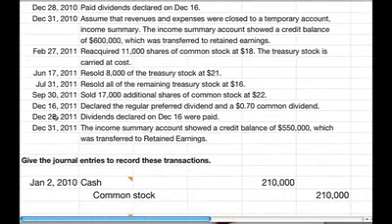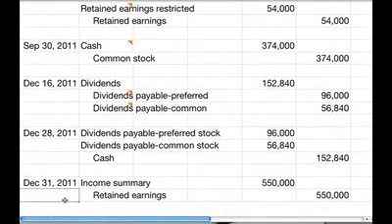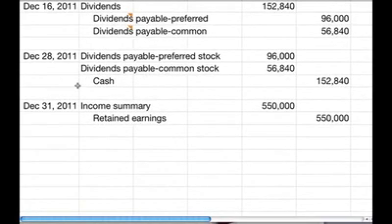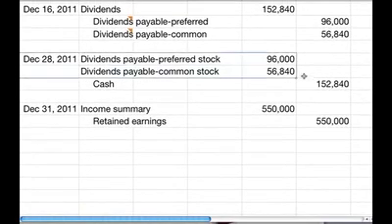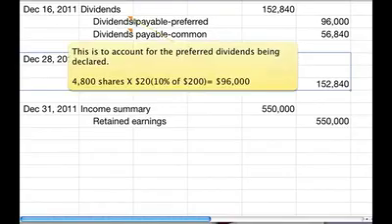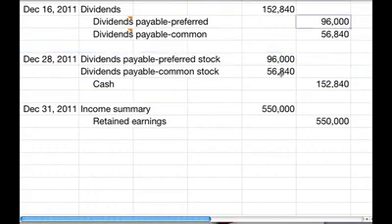And then on December 28th, the dividends that were declared were paid. So these were paid, so you've got the 96,000 that was debited to payable, now it's paid, so you debit it to take it away from payable, 96 and 96, 56,840, 56,840, and the amount that you're paying out in cash is